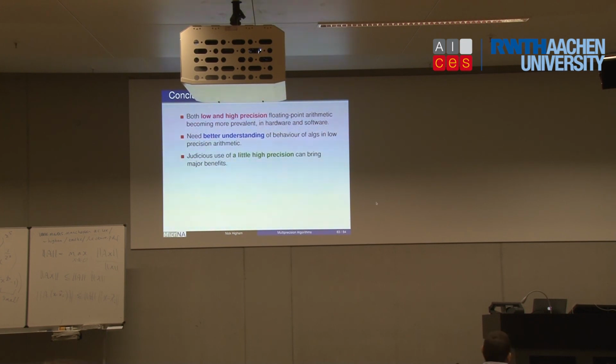This refinement example is a case where just using a little bit of high precision is helpful. The amount of high precision is only really order n squared in the algorithm I've just been describing. So that's small compared with order n cubed. So more generally, can you take an algorithm, do a little bit of high precision somewhere, and make the algorithm perform better?